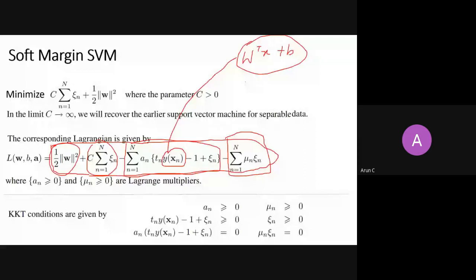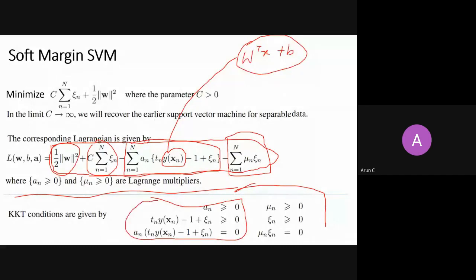Then I will go over these KKT conditions, and then I will wind up this lecture on the support vector machine tomorrow. Till then we can just close it, and I expect you to read that chapter as well, right? So for example, these are the KKT conditions for this constraint. This is a KKT condition for this constraint, and these are another set of constraints. This is a KKT condition for this set of constraints, right? So this should make sense to you.